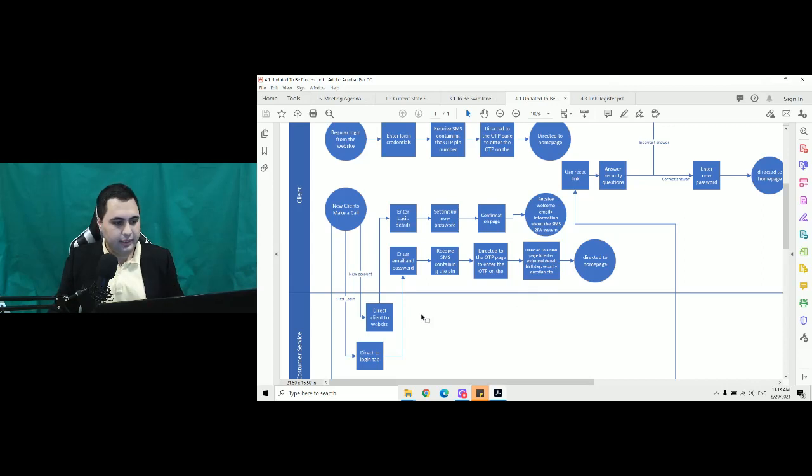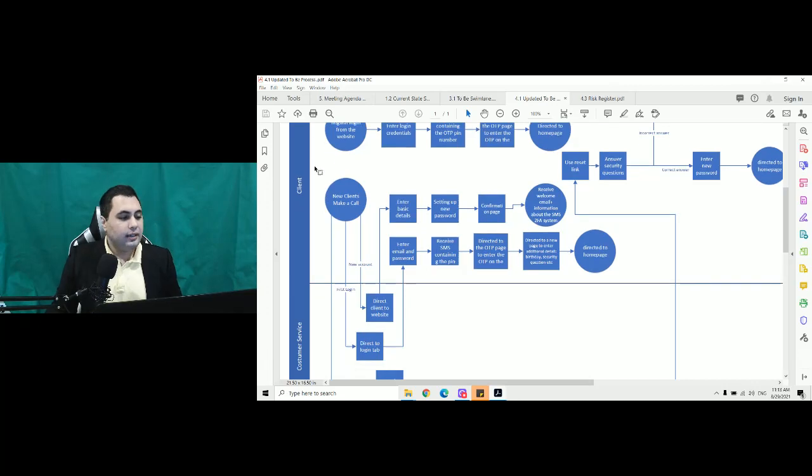So when clients go to the website, they enter basic details, set up new password confirmation. They still receive the email, this time about the SMS 2FA system. So that process really didn't change so much. For the first login, they enter the email and password, they receive an SMS containing a PIN, a 6-digit PIN, that will expire in 3 minutes. There they get directed to the page that they get to enter that PIN, get authenticated, directed to the home